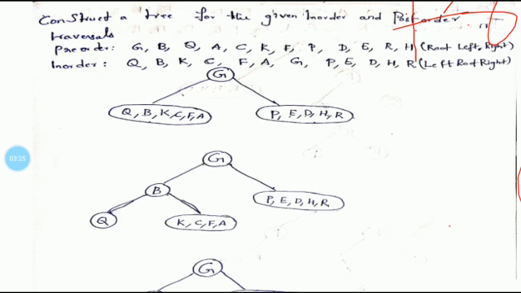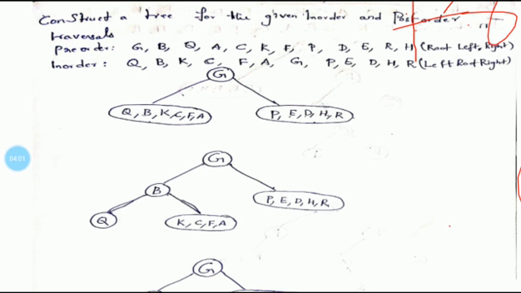The same thing will work with this sequence Q, B, K, C, F, A. Out of these six elements, we have to observe which appears first in the pre-order sequence. We only need to focus on these six elements, because the main motto is to first solve the entire left part of G, then we will go for the right part. So out of these six elements, Q, B, K, C, F, A, which appears first in the pre-order sequence? B appears first.